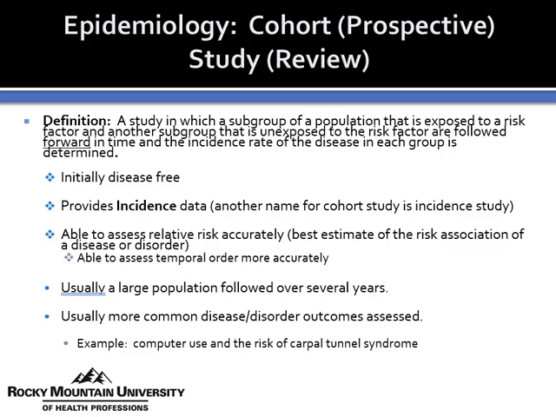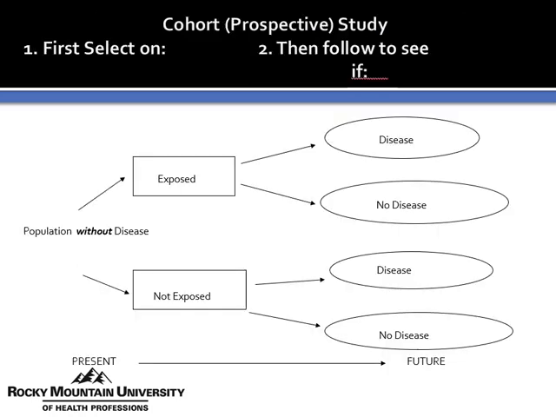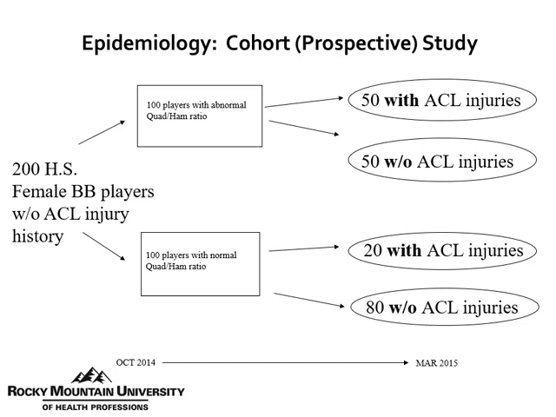Usually, a large population needs to be followed for a significant period of time, often several years. Usually, more common diseases or disorders are assessed. Here's that picture again, looking at baseline in the present, the population without the disease, and then you dichotomize them into one of two groups and follow them into the future. Here again is that basketball example that we looked at in week number 3. As you take a look at this here, does this make sense? Can you imagine within your disciplines, your areas of practice, what population could be